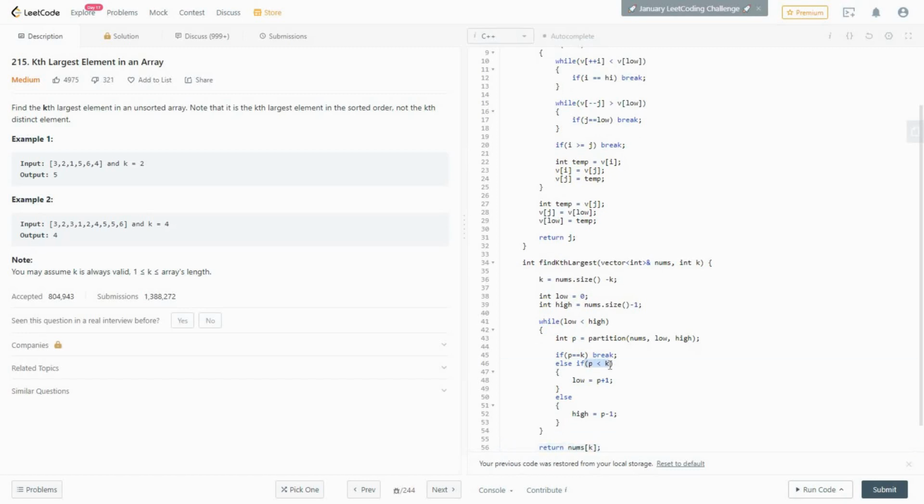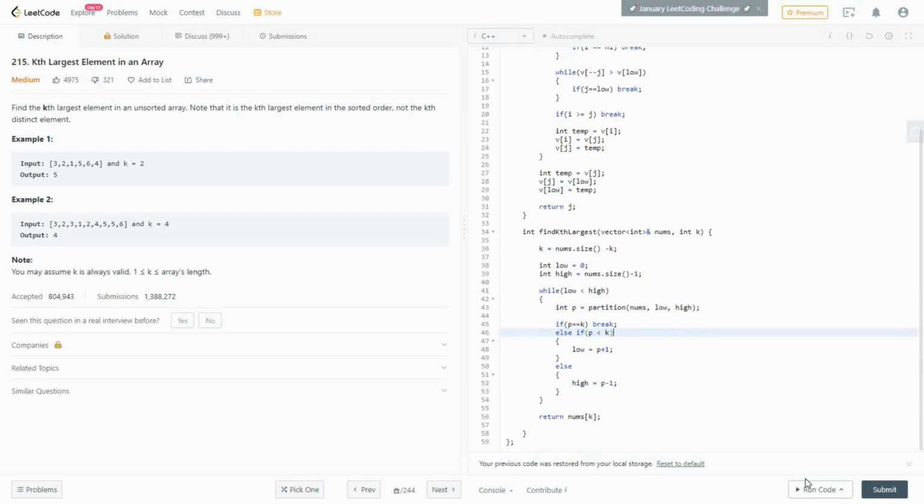Now this p less than k is the case we were dealing with. All the times we were returning our index, it was less than the required k. And this is the case when k is less than p, and it means, suppose the first chosen pivot element is the greatest element, while what we are required to find is the third largest element. In that case, the p returned will be the last index, but it is not our desired answer, so the next search will begin from the 0th index, that is from low to 1 less than p. Therefore I said high is equal to p minus 1.